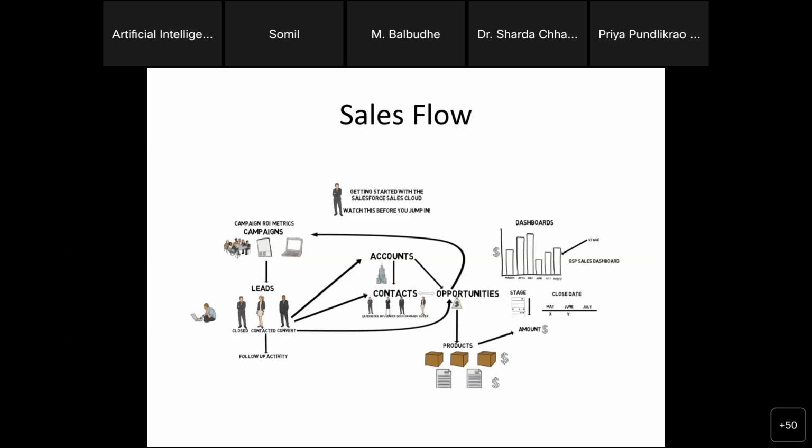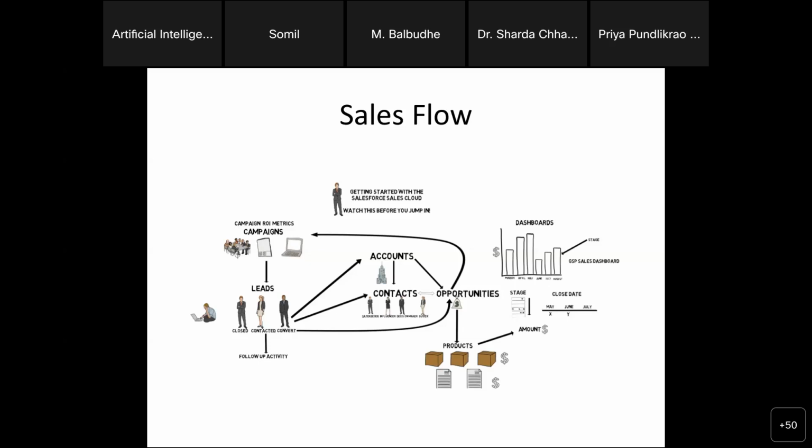If I am going with B2C, what will happen? So in B2C, business to customer, there is no lead. There won't be lead. Lead is only for B2B.